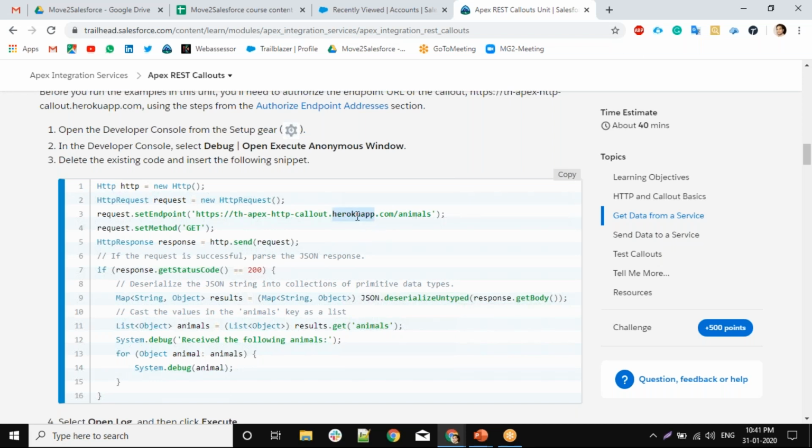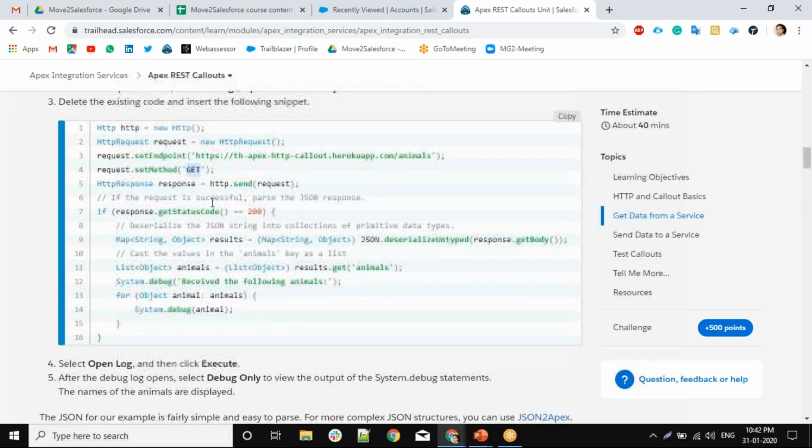In this case they are using a Heroku app, which is the external app, and this is the endpoint of that external service. Then you set the method: you can use post if you want to create data, and delete if you want to delete the data. It is creating a request over here.